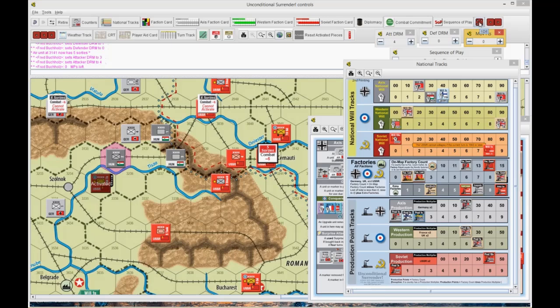And at +4, I roll 4 plus 4 is an 8. The Hungarians roll a 6 and say, no, you cannot have the hex. We will not give you the hex. You may not have the hex. So there, no hex for you. Which is very annoying. Okay, let's take our...